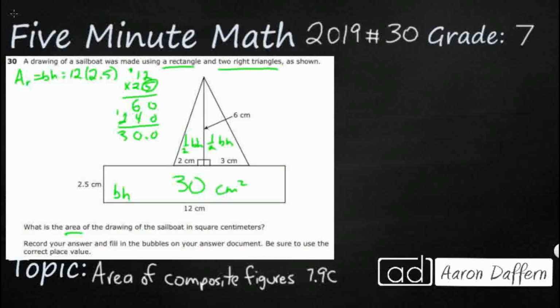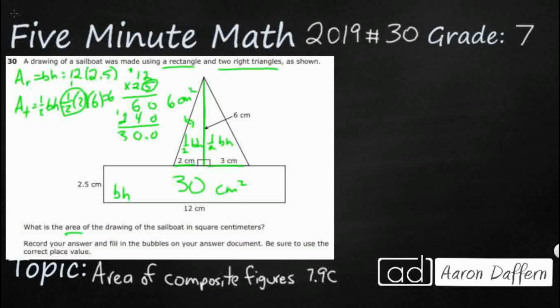Now, these are very similar, but you notice their bases are different, these two triangles here. So the area of a triangle, remember, is 1/2 base times height. So let's take the one at the left here. So I'm going to do 1/2. My base is 2. And my height is 6. It's a right triangle, so I can use this side length as my height. Now, check this out, guys. 1/2 of 2. If I take half of 2, that's 1. So it's really 1 times 6. So this is just 6. All right, so that is 6